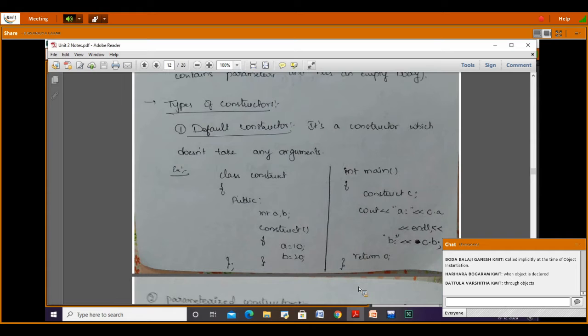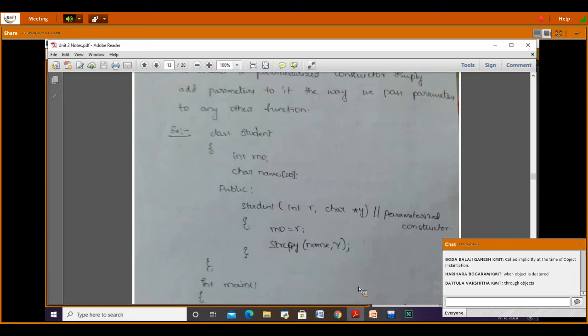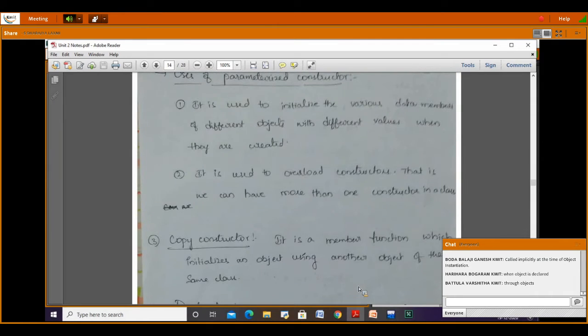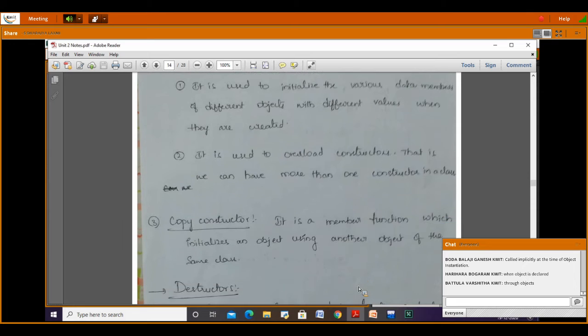The third type of constructor we have is the copy constructor. A copy constructor has a parameter which is a reference to the same class itself. It is a member function which initializes an object using another object of the same class.